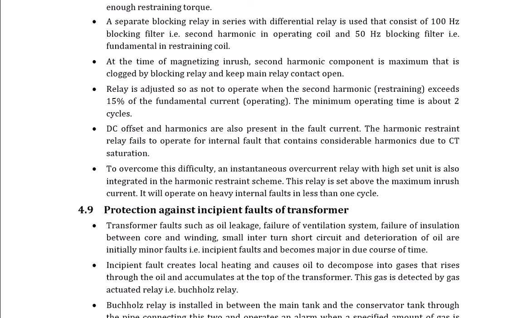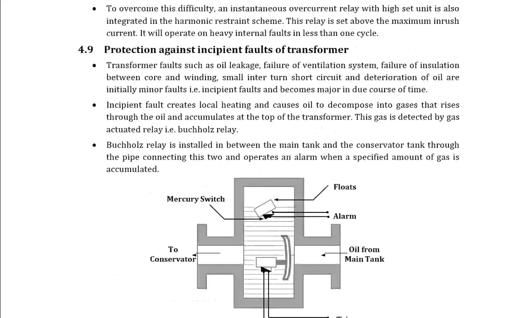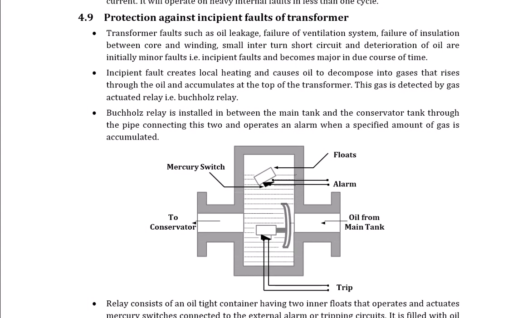Okay, so now we have another topic, protection against the incipient faults of a transformer. How can we protect our transformer from an incipient fault? It is a fault which is small or minor in the beginning, but gradually it will increase. Okay, so transformer faults such as oil leakage, failure of the ventilation system, failure of insulation between core and winding, small interturn short circuit, and deterioration of oil are initially minor faults and become major in the course of